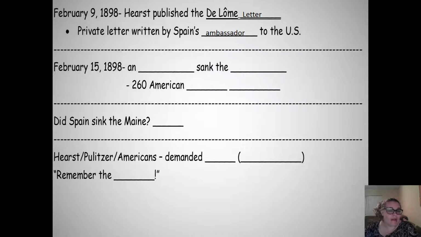in Mexico. And what the Spanish ambassador is saying in the De Lome letter is, we have to keep America out of this war. So he's trying to convince the Spanish ambassador to Mexico to convince Mexico to declare war on the United States. Okay? So he says, you tell Mexico that if they declare war on America and try to take back Texas and New Mexico and Arizona, we'll fund it. We'll send them money to help fund this war.